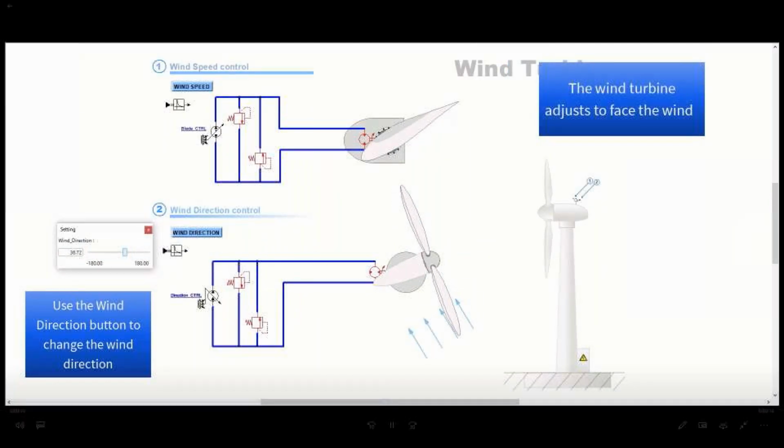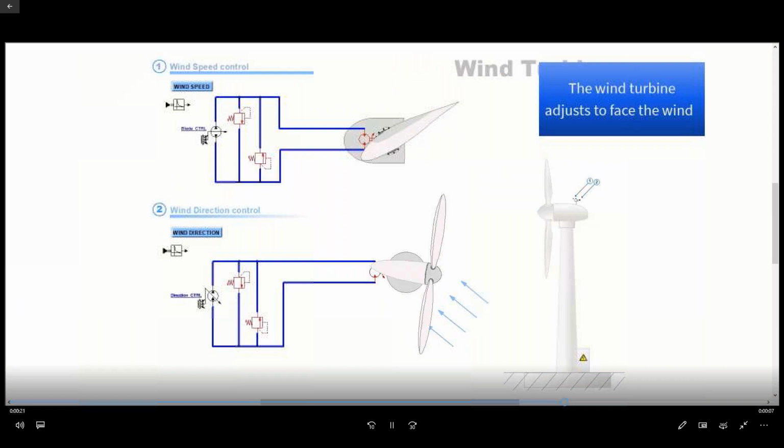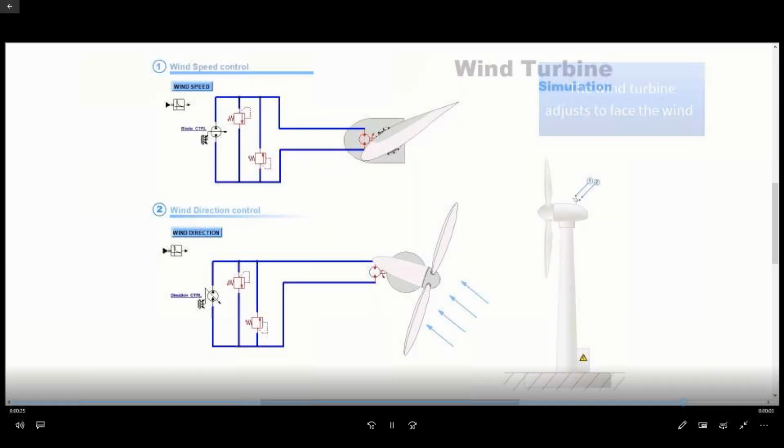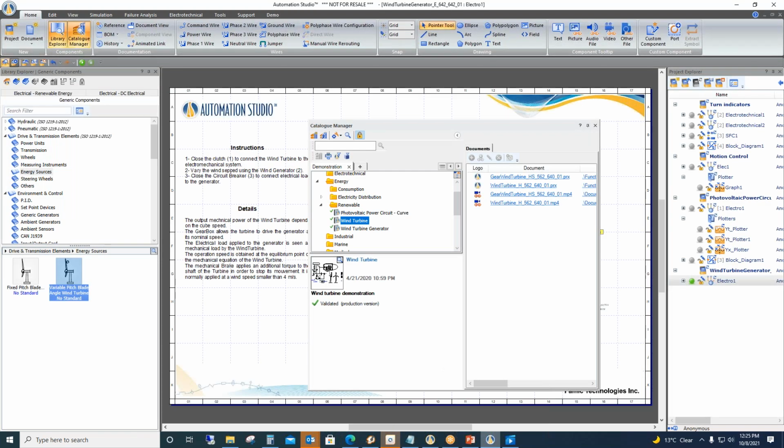Yes, actually, Shraddha, this is a hydraulic circuit to change what sir just told. If you want to change the pitch according to wind speed, this is the automated hydraulic circuit we have drawn. But in the wind turbine, we have given the variables, so with variables we can change that.